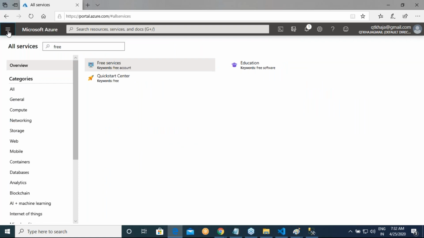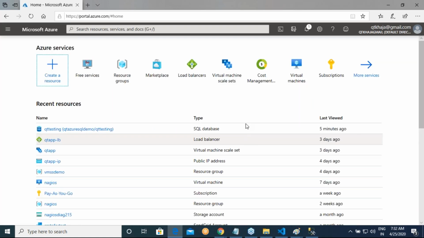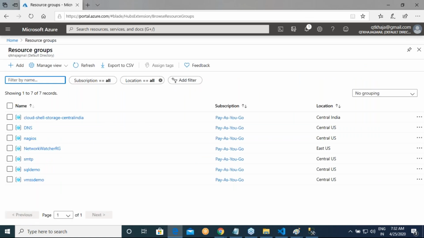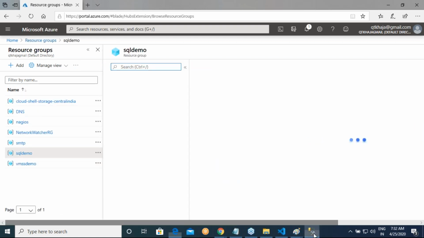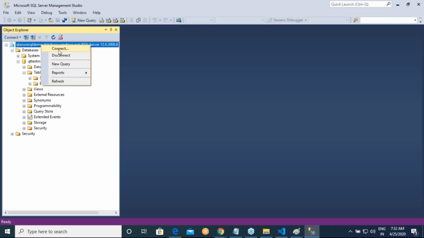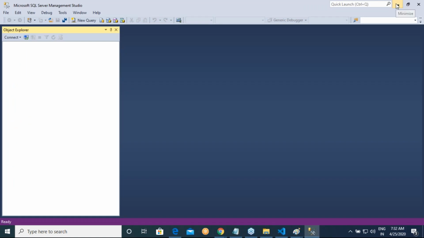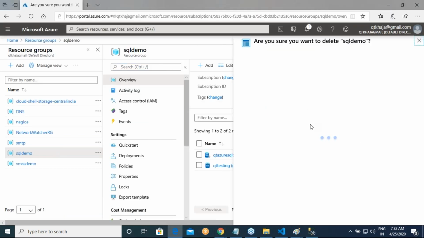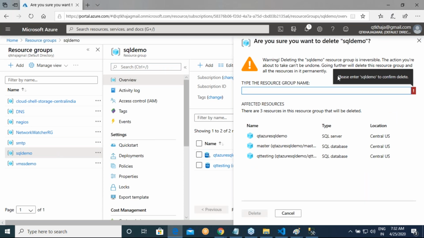One more thing I want you to do after you finish this exercise, this will not be in the notes. Go to the home and click on resource groups. This is your dashboard. In resource groups, the resource group you have kept is SQL demo. Once you have finished working with this, please go ahead and delete your resource group, because you don't want to burn down your free time.